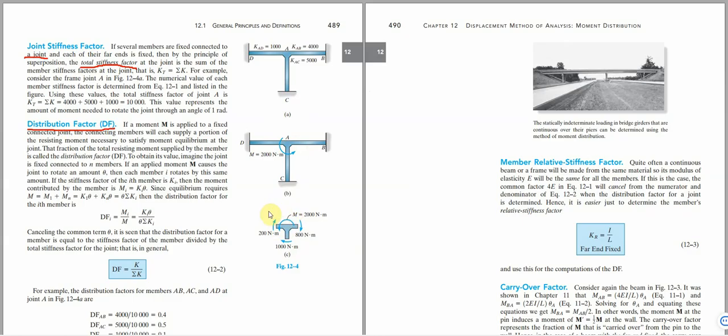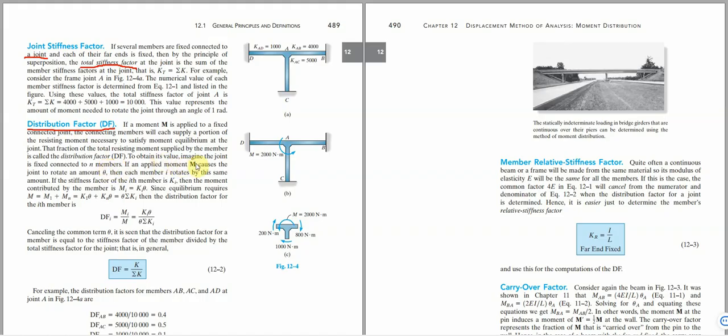Now what is this distribution factor? It is that fraction of the total resisting moment supplied by the members. That is, the fraction of the total resisting moment that is supplied by a member is the distribution factor. So how do we obtain it? It is very easy. All we need to do is assume that an applied moment M causes the joint to rotate at an angle theta,